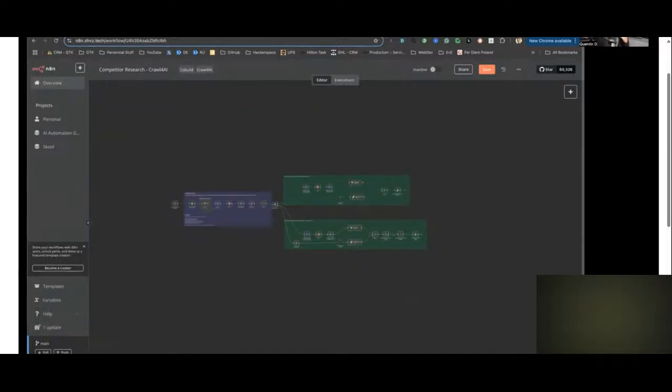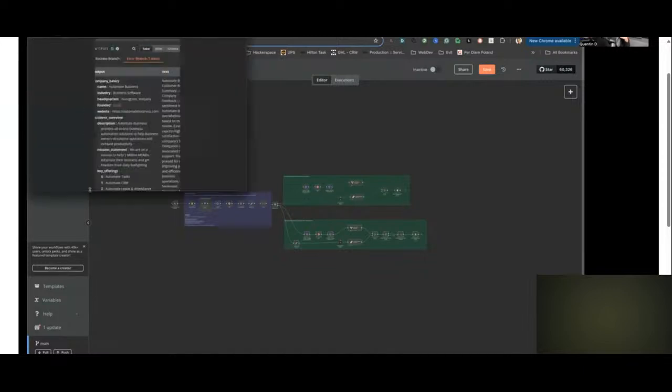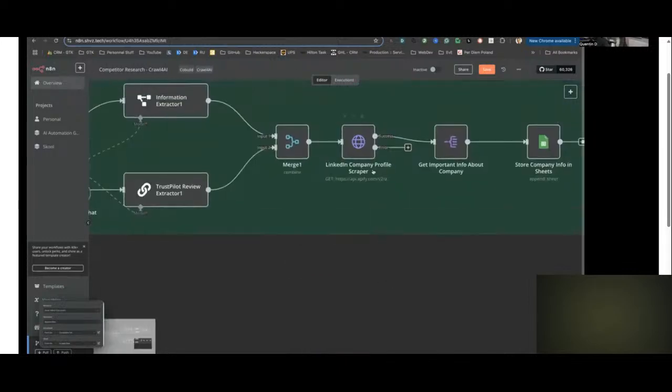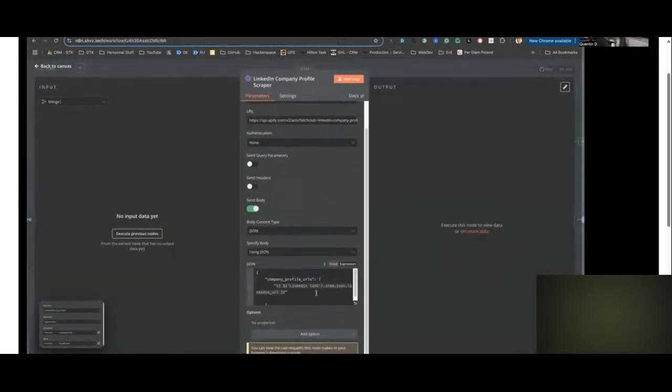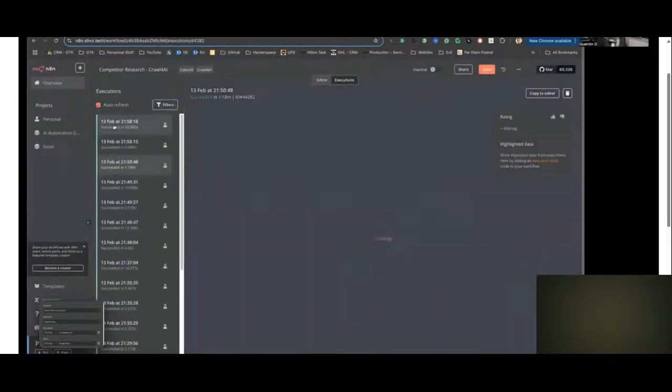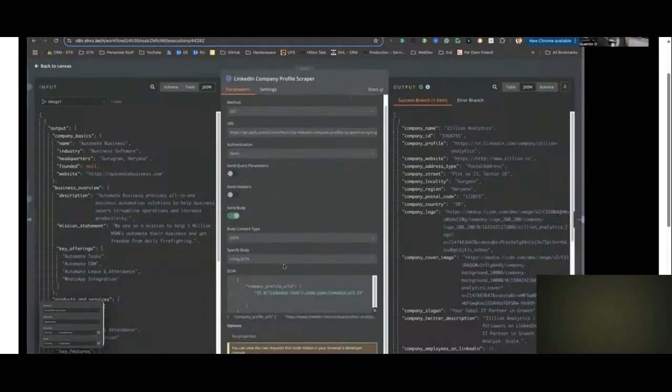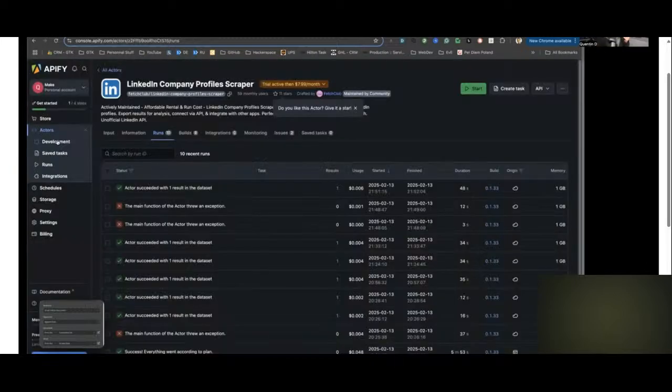Good. You still have an error, Jerry. What is the error branch? What is this output? This is actually the error. Basically, you need to check if you open your API file here. You need to check the URL when you run this, like if you see a LinkedIn, if you go to one of your executions. So for example, I'm going to take this. It's green. No. Let me explain here. If you go here, is this actually showing LinkedIn over there? The company profile URL over there. If you don't have a LinkedIn over here, that means you have a challenge. Yeah, there is a challenge over there. Yep, linkedin.com. Okay. And if you go to your API actor,